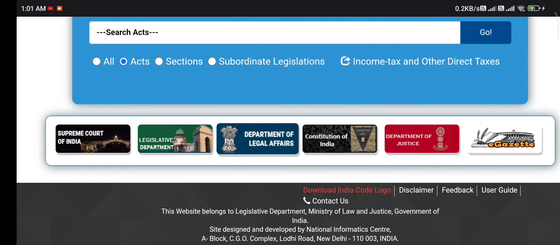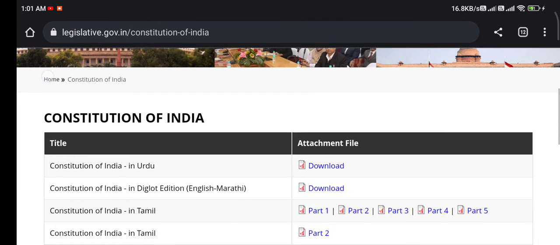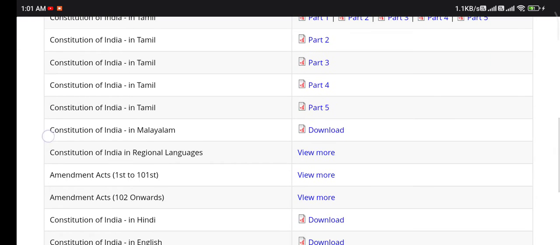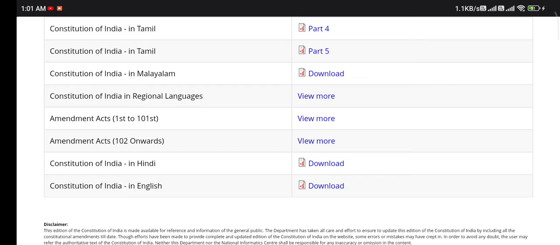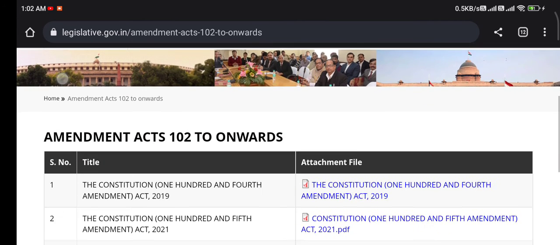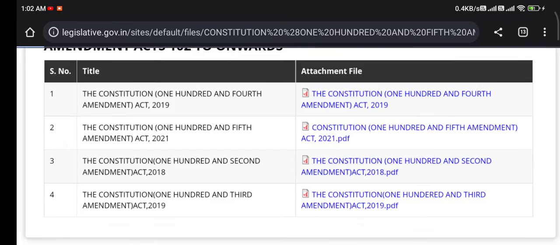Now come to the Department Constitution of India. You can download it in various languages over there. You may download the Constitution of India. If you want to know how many amendments have been made to our constitution, the last amendment was the 105th Amendment Act 2021. If you download this PDF,